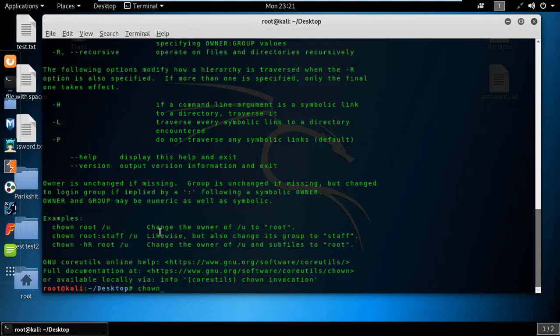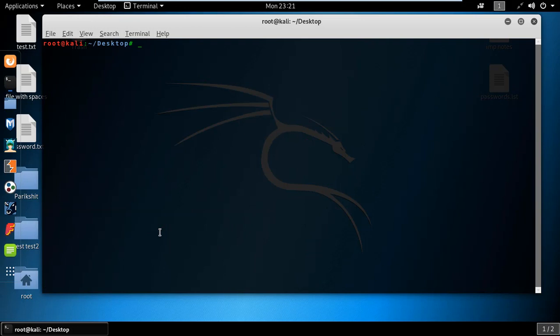So let's do it by using the chown command. I clear the terminal. Before that, I will tell you guys how you will check what the group is for a particular user. Suppose I'm currently logged into the root user and I don't know what group I belong to, so I should say groups, and it will show me what group I belong to. So I belong to the root group,